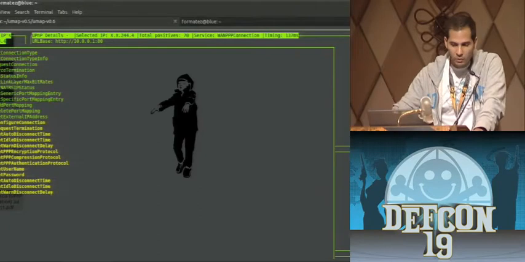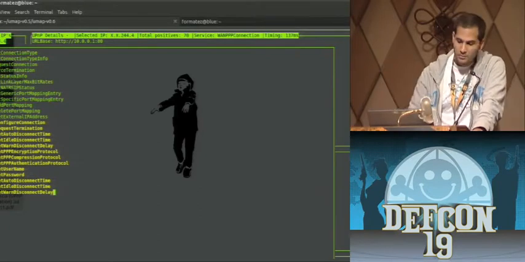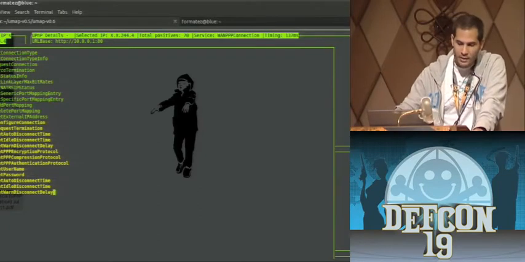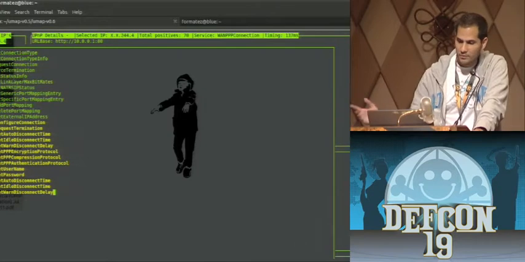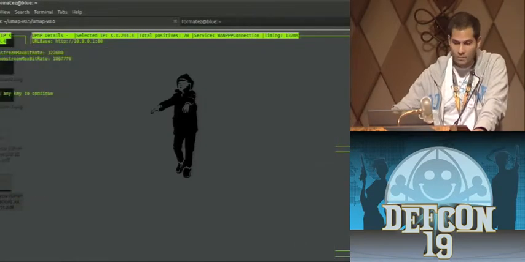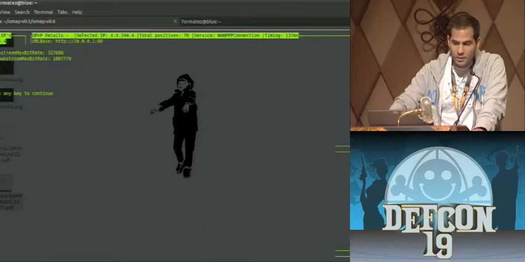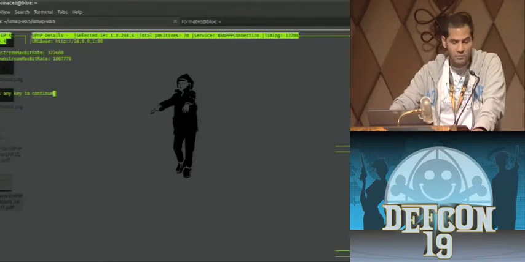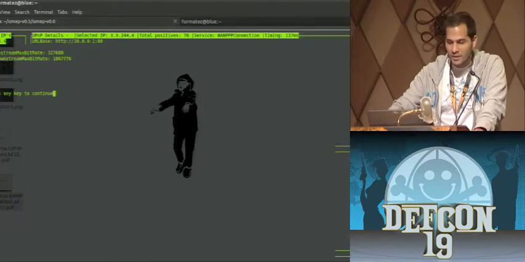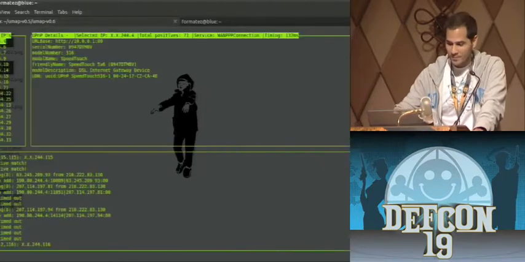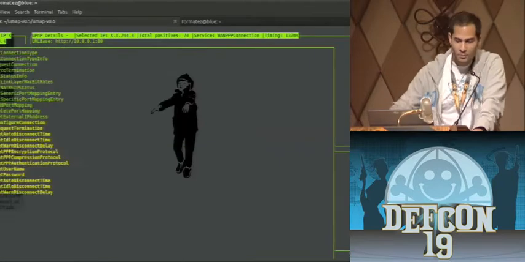So, for example, if I want to check the upload and download bandwidth for this device, I could just execute, and here we go. We get that this device is running an upstream of 350 something and a downstream of 2 megs, which is pretty convenient if you want to use it for a SOCKS proxy and you want to know what kind of bandwidth or latency you're getting. And we also have other commands